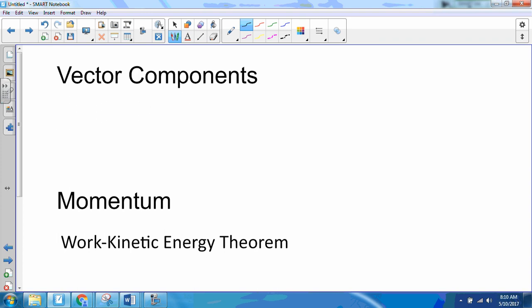Does anyone remember how to make a vector into its components? Break it up into the X and the Y? Yeah, right? Okay. So the way that we're going to remember this is if I have a vector called A,